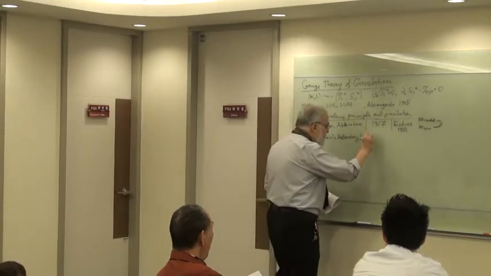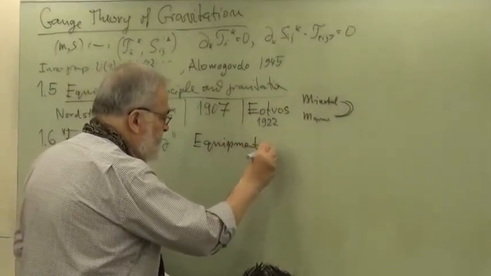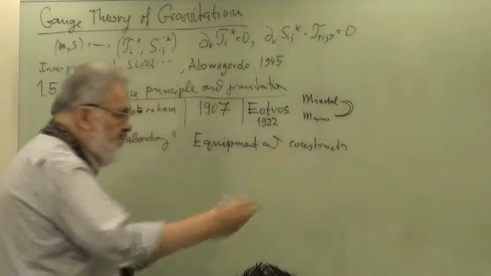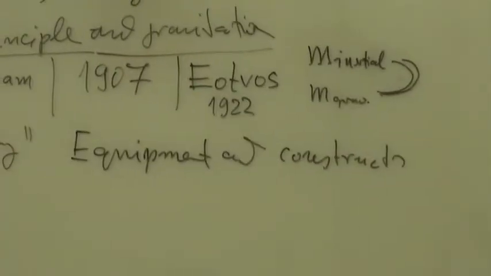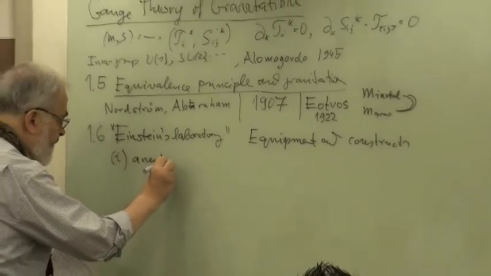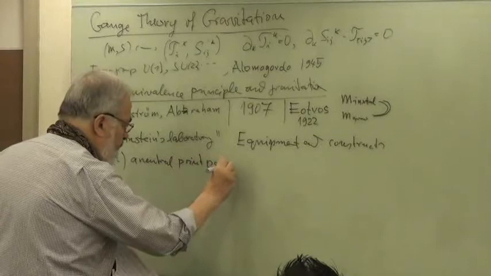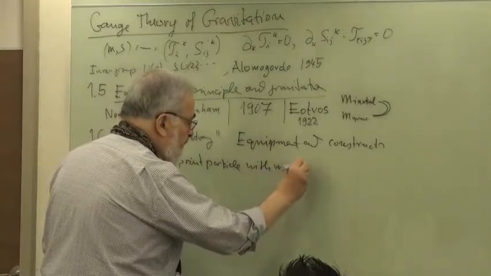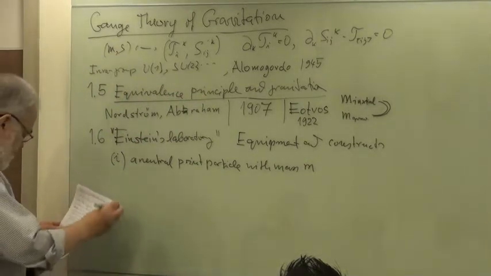The equipment and the constructs which we are using in Einstein's laboratory. So you assume you have such an Einstein laboratory somewhere in the basement. What do you have? You have a neutral point particle with mass m. You see, I don't say with inertial mass or with gravitational mass, because we know by experiment they are the same. Second, an inertial frame,